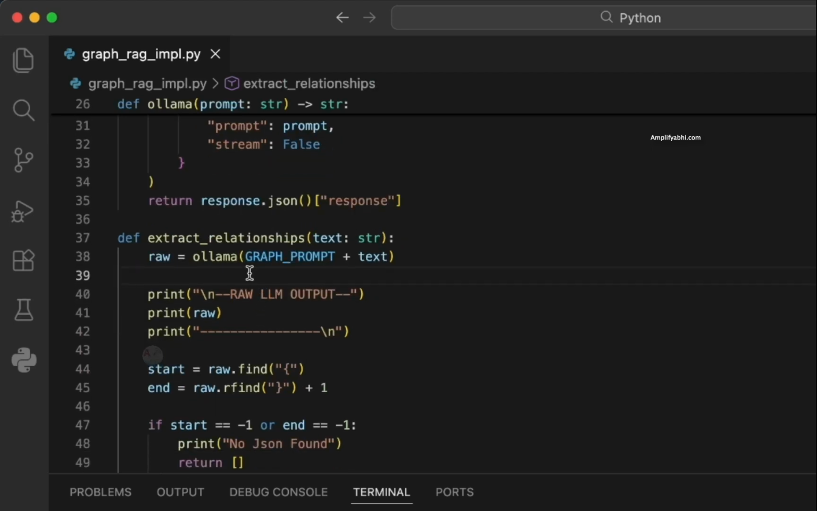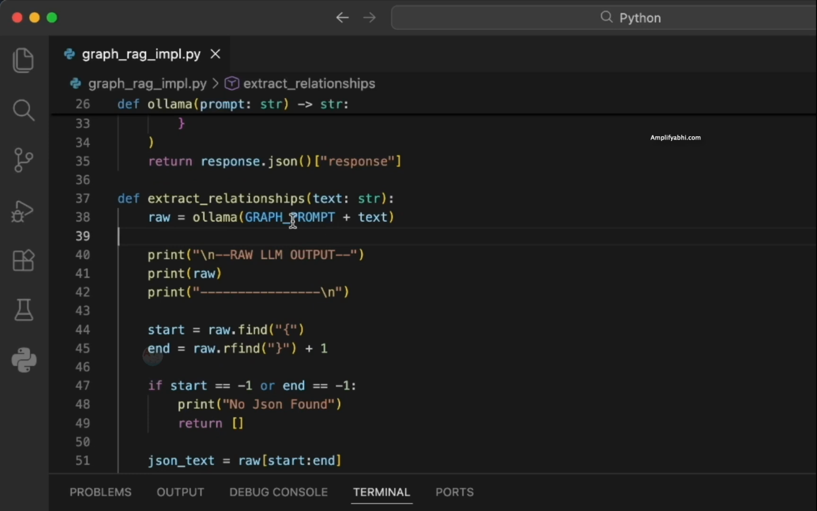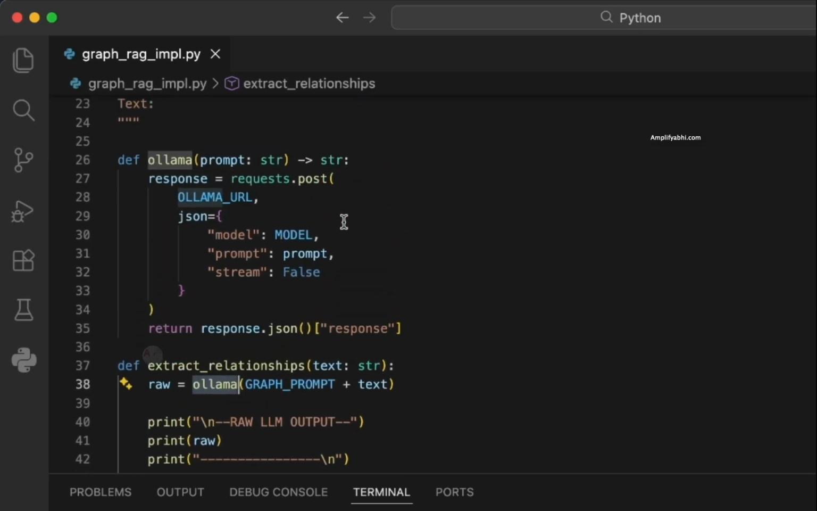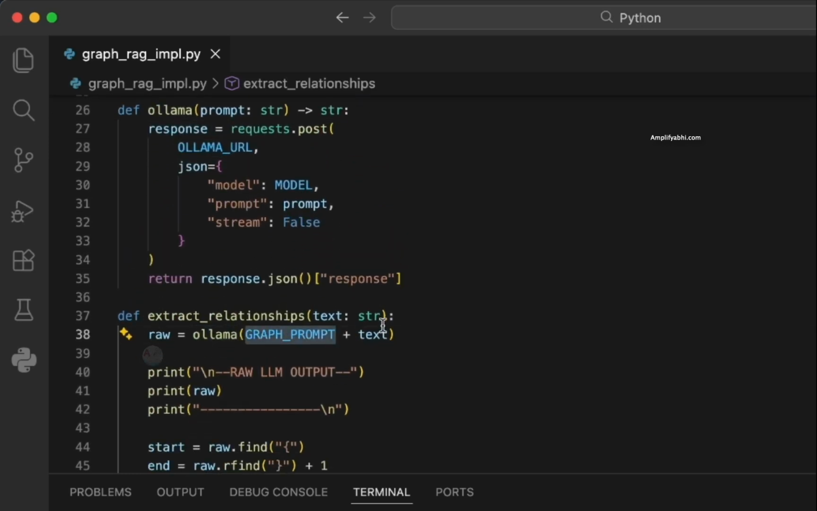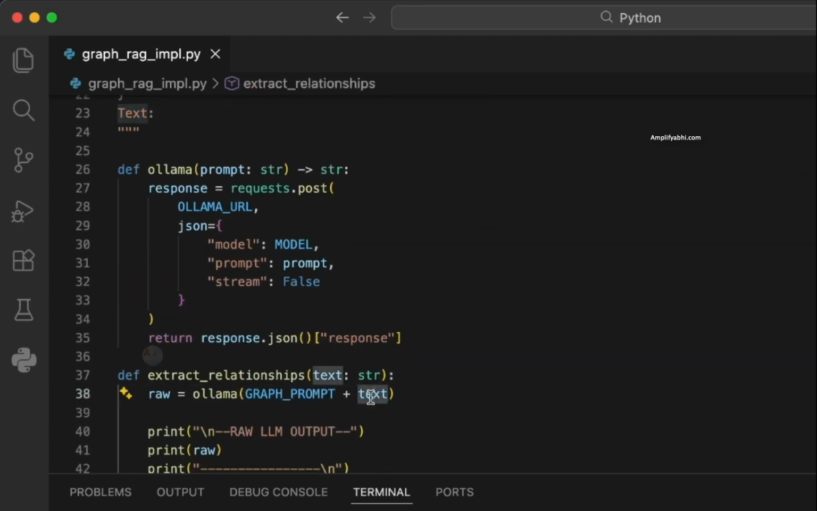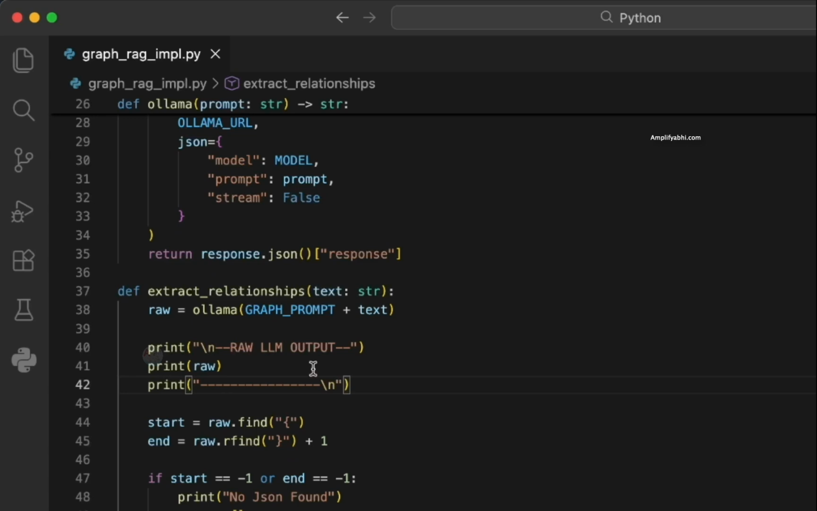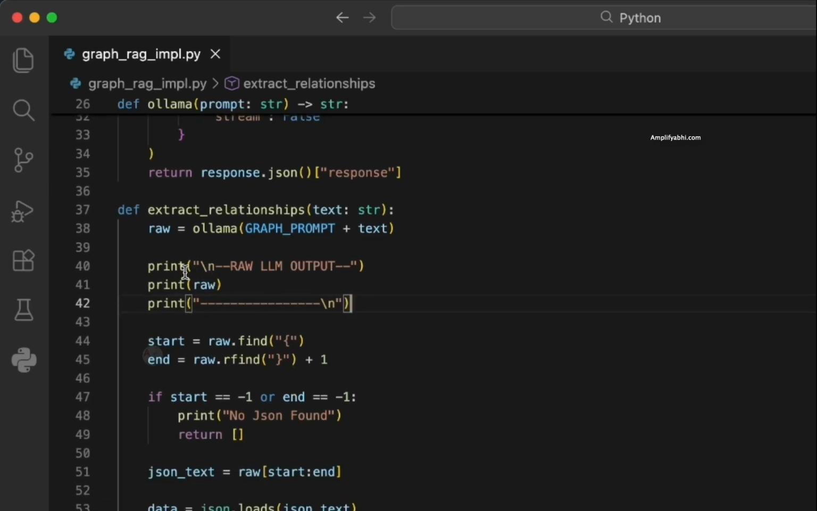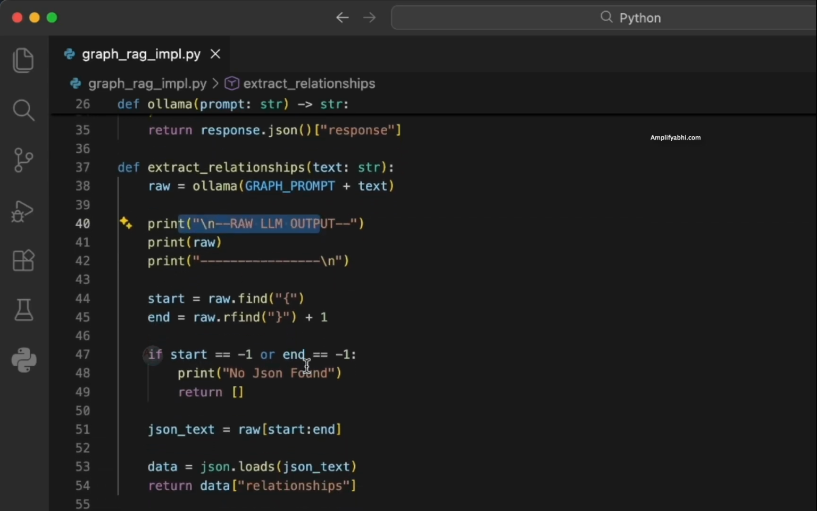We have an extract relationship function here, and from here we'll be passing on this particular prompt, and this particular graph prompt is again our pattern over here, and this text. So don't get confused, this will be very easy. I have written the functions step by step so that if you just go through the code, you can understand the things easily. And we can extract the relationships here, and we are trying to print the LLM output initially,